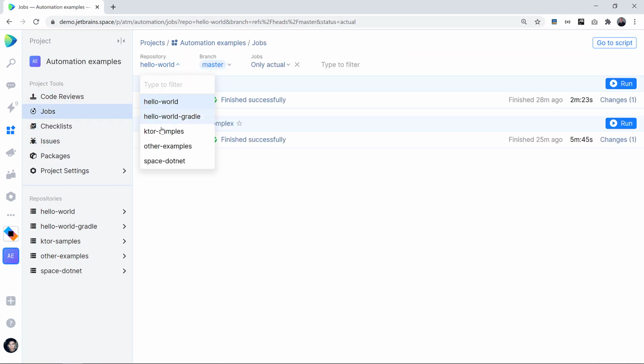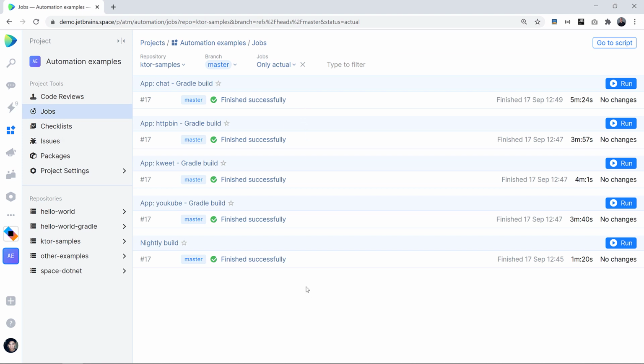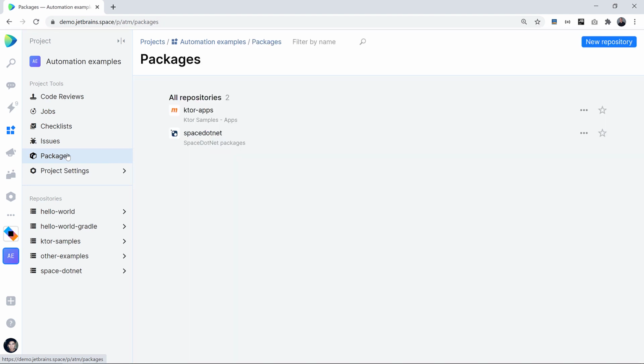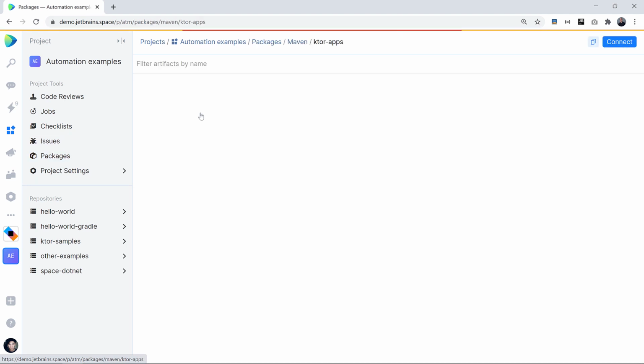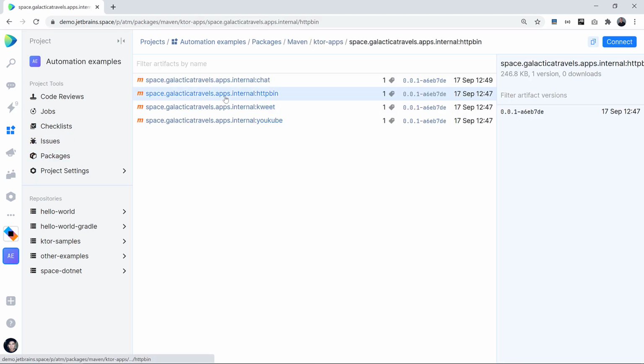So we can run this, and as part of this job, we will actually see that our Ktor samples all run. We are building all of the different apps that are there, and they will all then push packages to the Ktor apps repo that we have here. And you will see that we have, for example, that chat application from previously that is being published into this